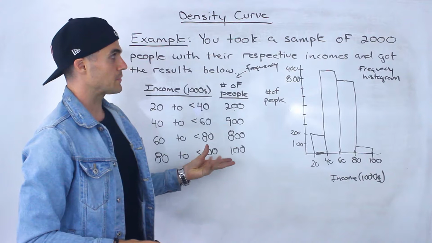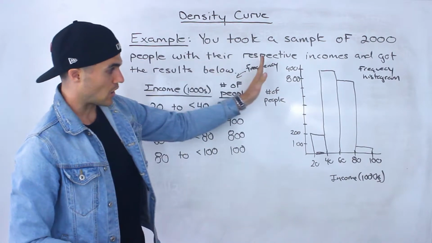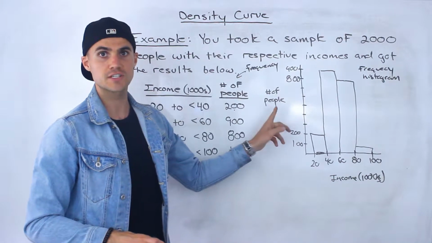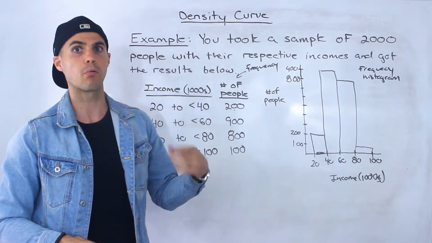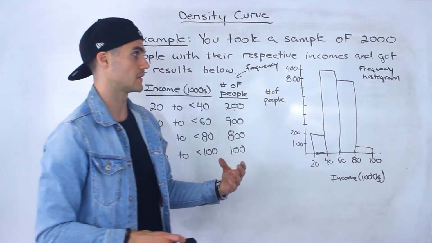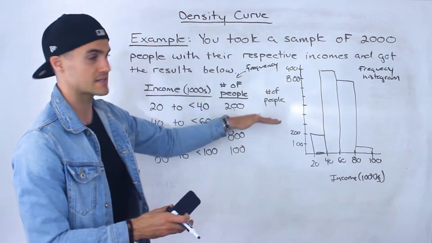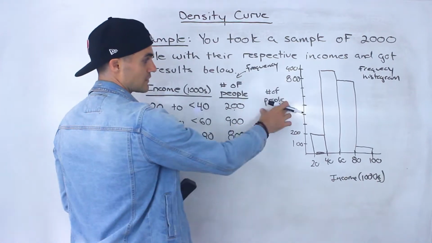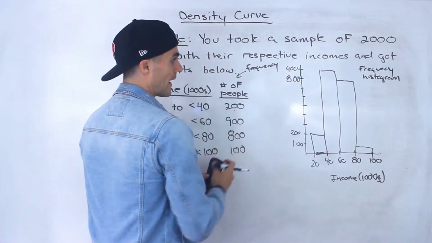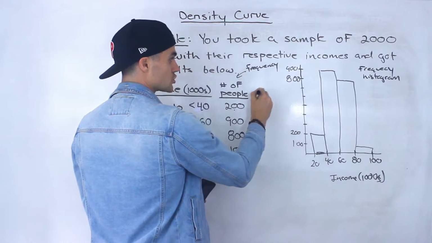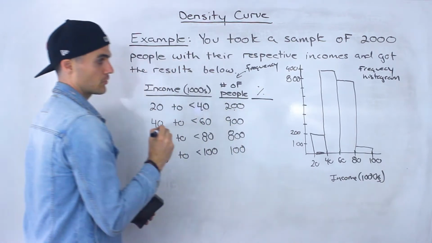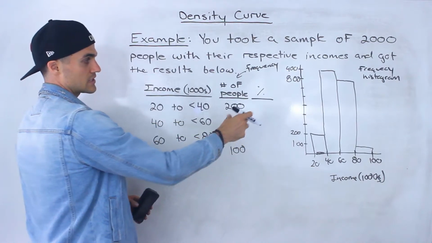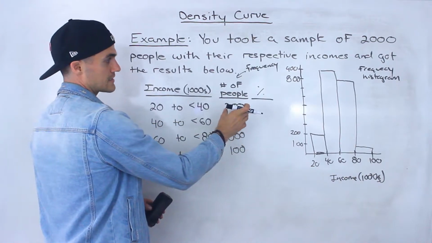But what's going to happen is a density curve on the y-axis, it's not going to be the number of observations, it's actually going to be the percentage or the proportion of data. And so to show you how we're going from a histogram to a density curve, what we want to do is instead of having the number of people on the y-axis, we want to have the percentage of people on that y-axis. And so to get the percentage, all we have to do is see